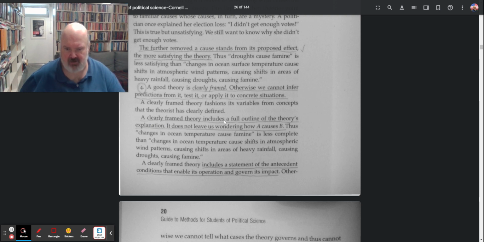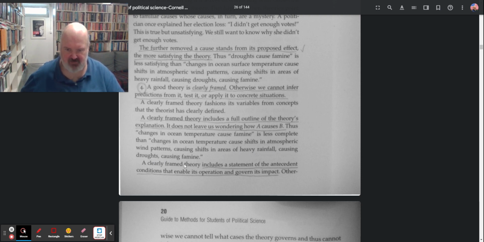A clearly framed theory includes a full range of the theory's explanation. So let's do this, right? He says, a clearly framed theory fashions its variables from concepts that the theory has clearly defined. So the theory has to be clearly defined. A clearly framed theory includes a full outline of the theory's explanation. It does not leave us wondering how A causes B. So a clearly outlined explanation of A causes B. Thus, changes in the ocean temperature cause famine is less complete than changes in the ocean's temperature cause shifts in atmospheric wind patterns,